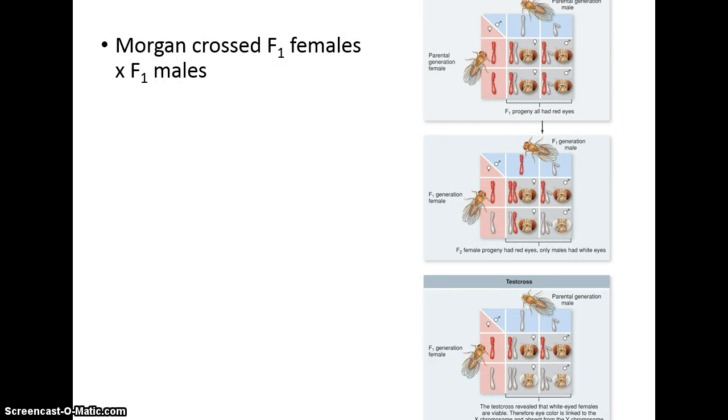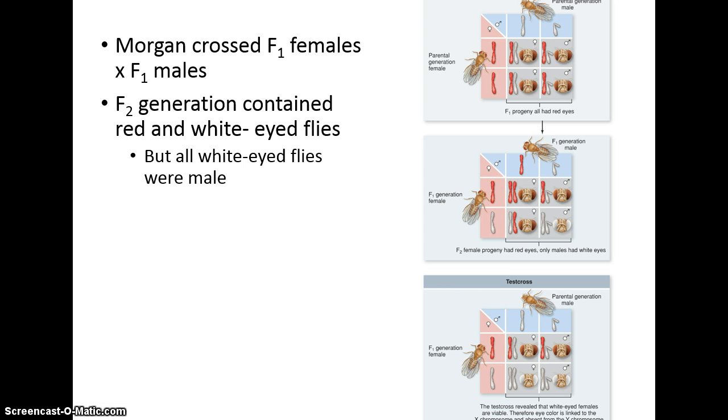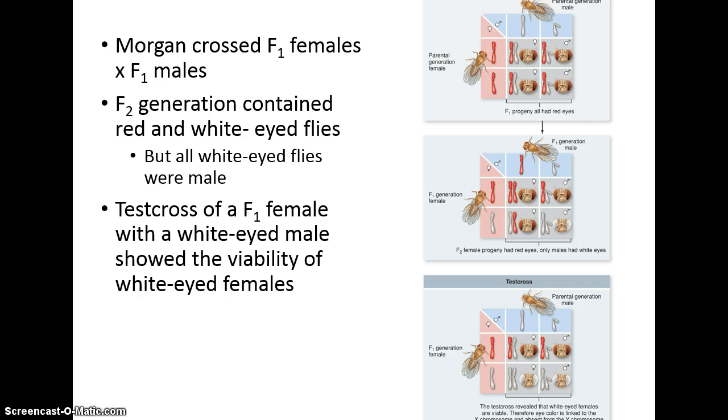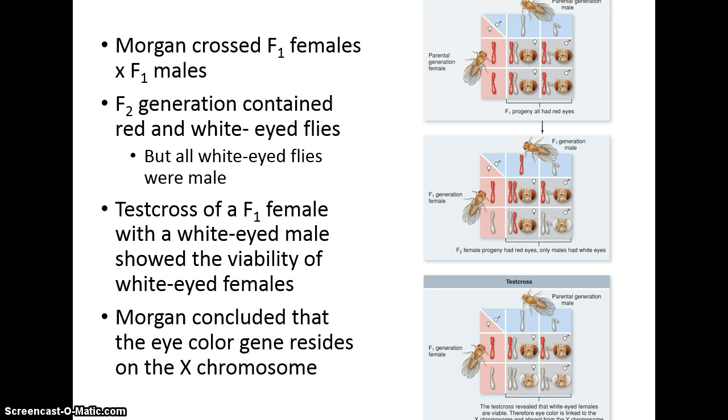When he crossed F1 females and F1 males, so the progeny from this red and white-eyed individuals, he did find some white-eyed flies, but all the white-eyed flies were male. When he did a test cross with the F1 females, he did find that some of them would produce white eyes, but he deduced from these experiments that the gene for eye color must be on the X chromosome,